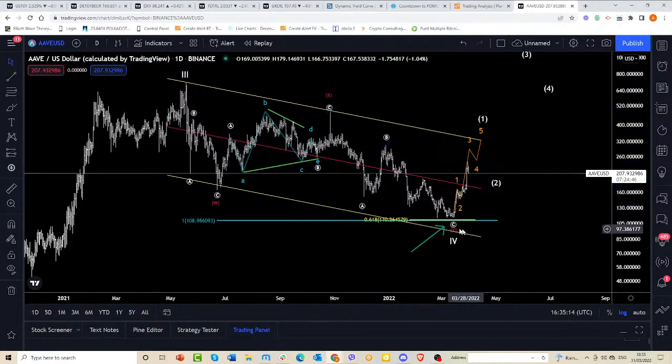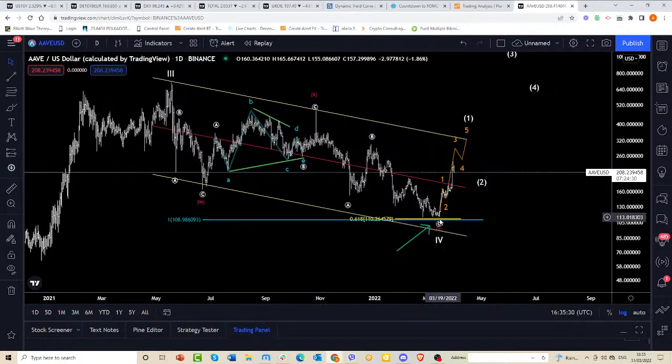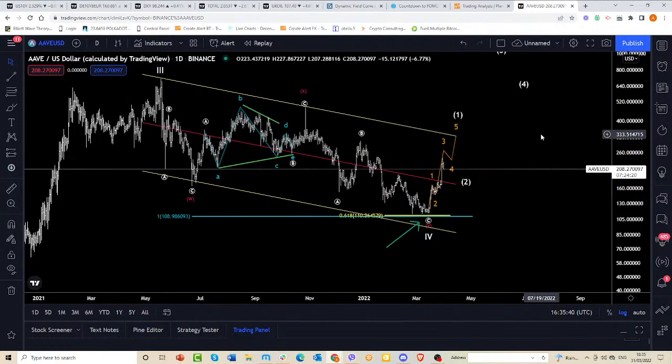We have reached almost to the PIP, some of the lower and higher time frame Fib ratios of equality measured move and the relation between A and B to the downside. We are trading almost 100% higher in Aave from there, but I will need to see a little bit more on Aave further to count this as a 5-wave move, and then a pullback might be very interesting for a further move on the upside. Of course, I would like Aave to continue this upper trend. I would not like to see a move below this, because in that case I will have to change the wave count, but so far so good.